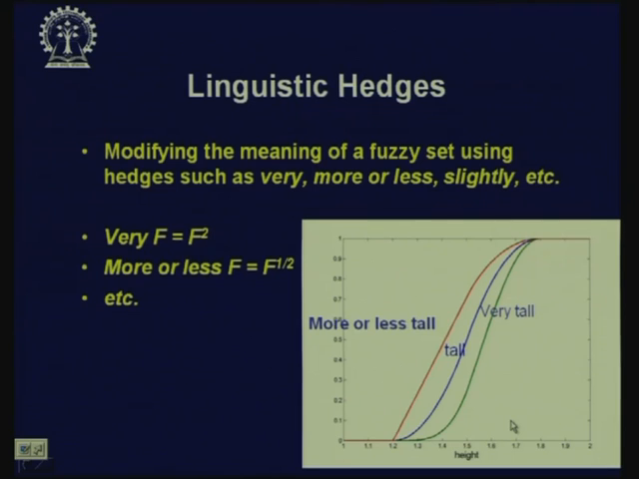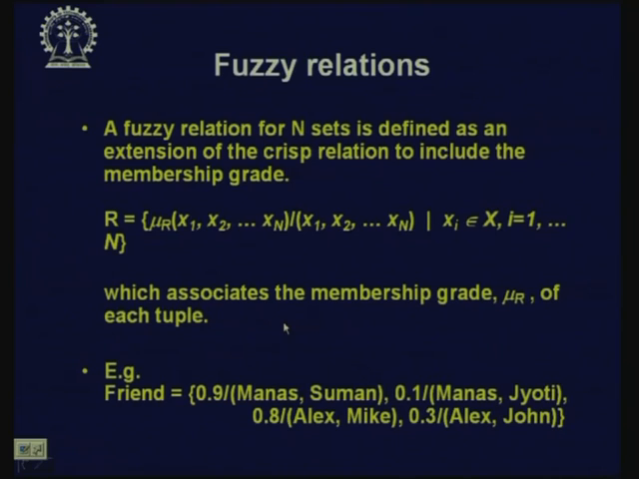Okay. Now, we have already discussed that we can modify the meaning of a fuzzy set using hedges like very, more or less, slightly. Typically very F is nothing but F square, like tall, very tall, and more or less is the square root of that. We have already discussed. Next, we come to a very important notion, that is a fuzzy relation. Now, just to give you an overview of